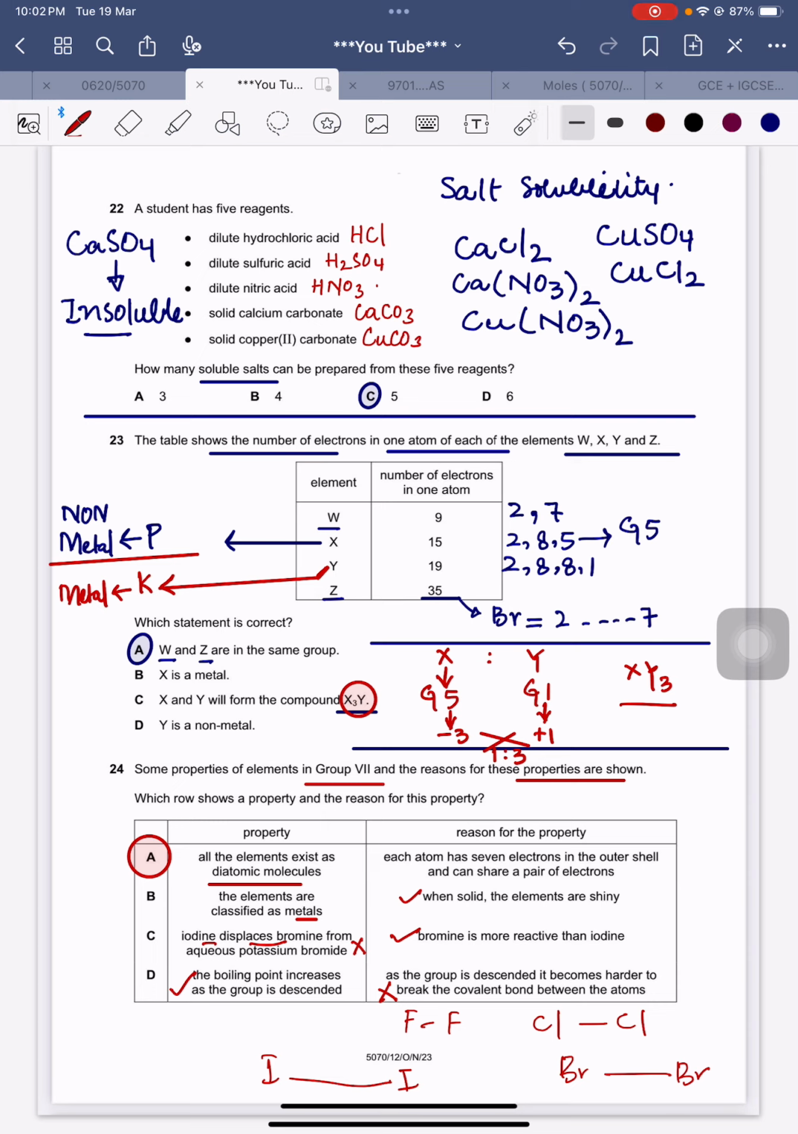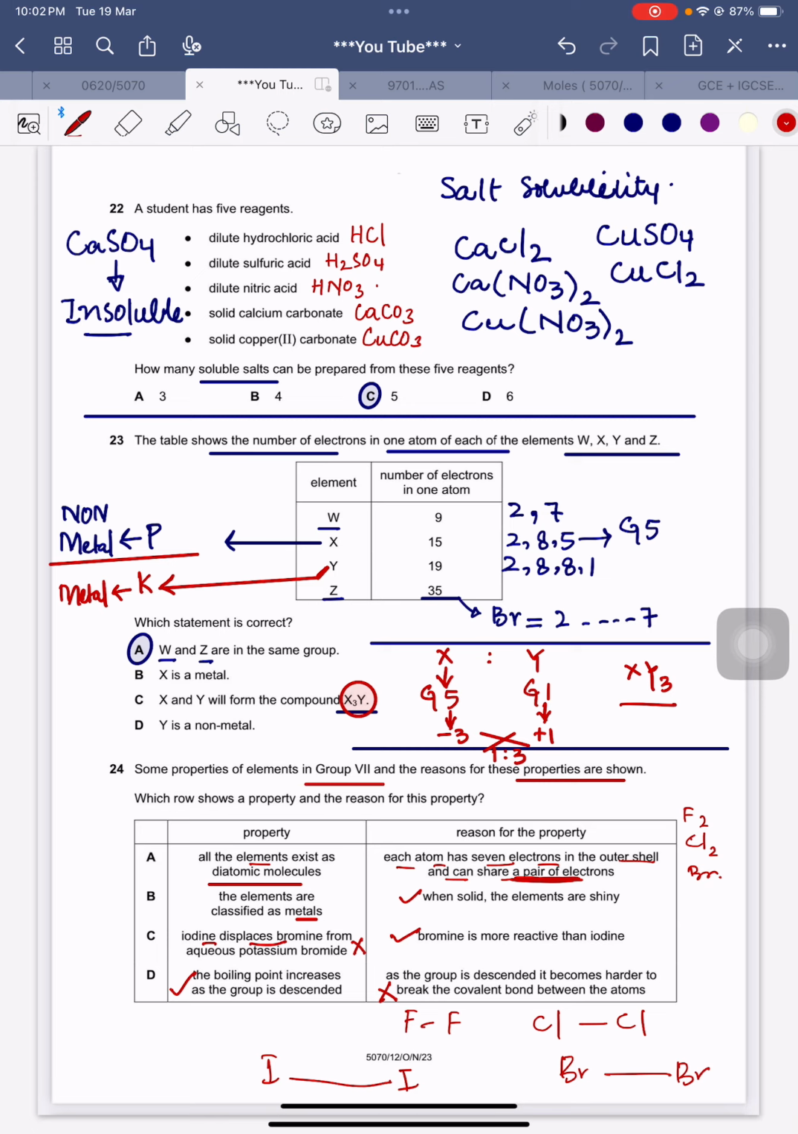Now look at option A as well. I should consider my selected option as well. Let's see. The elements exist as diatomic molecules. We are saying F2, Cl2, Br2, etc. Each atom has 7 electrons in their outermost shell and can share a pair of electrons. There is a problem with this pair. I was just thinking that there is a pair